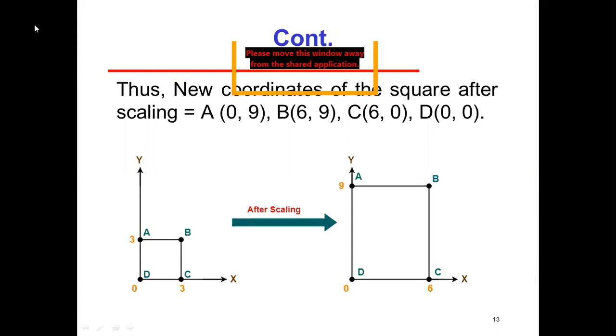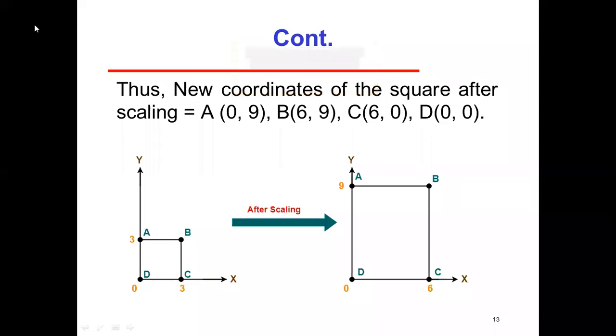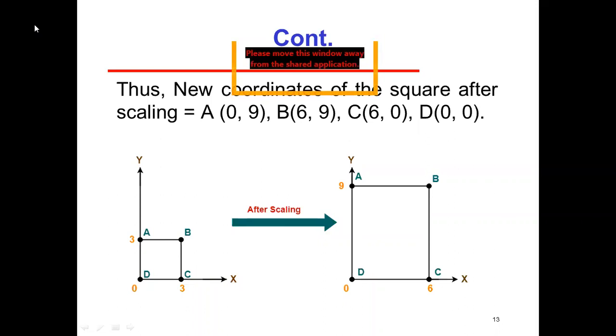Third one is scaling. Again, as per the need of the user or the customer, we can enhance the size of the object or image, or we can reduce the size of the object or image. One of the best examples for that is the Xerox machine. You can enhance the size of your image easily, or you can reduce the size of the text or something else. So the Xerox machine is one of the best examples of scaling.